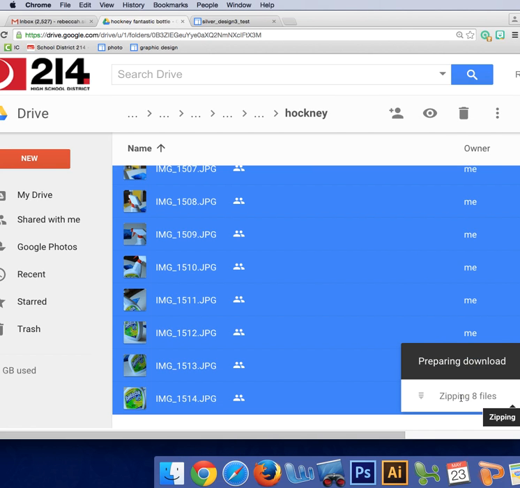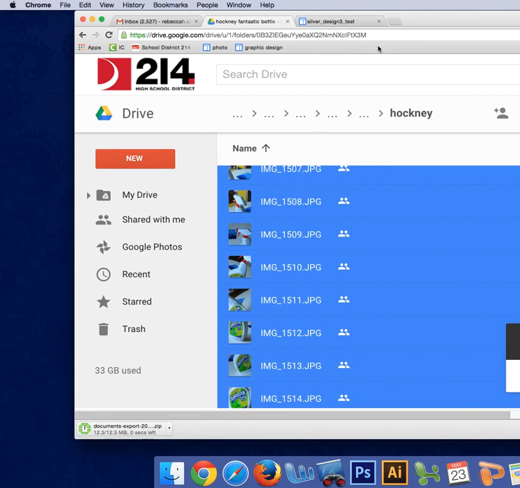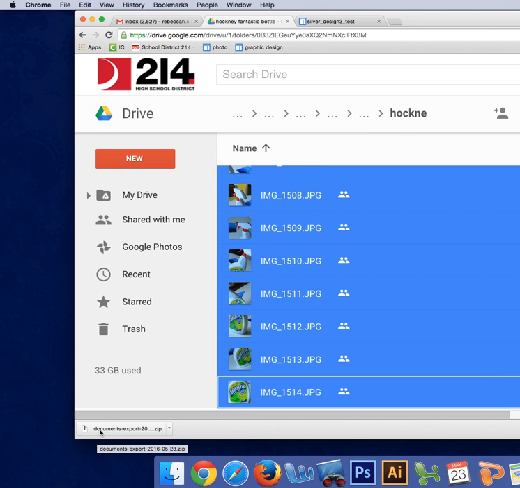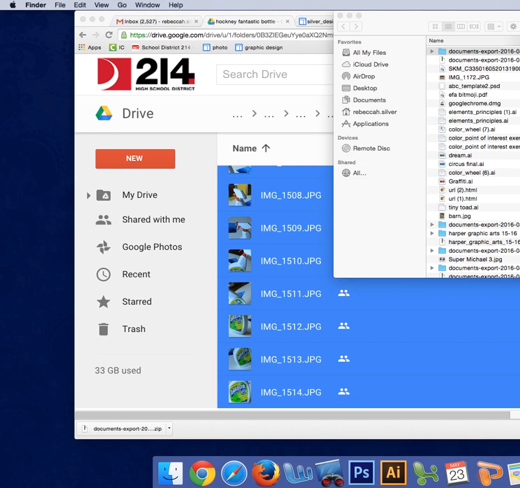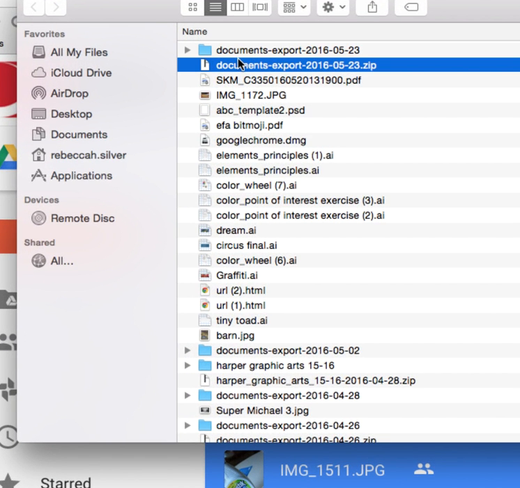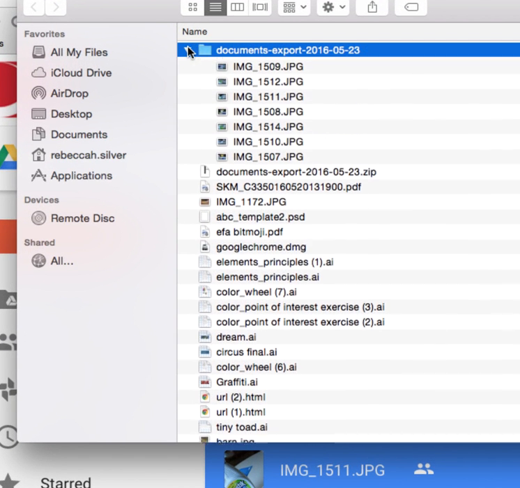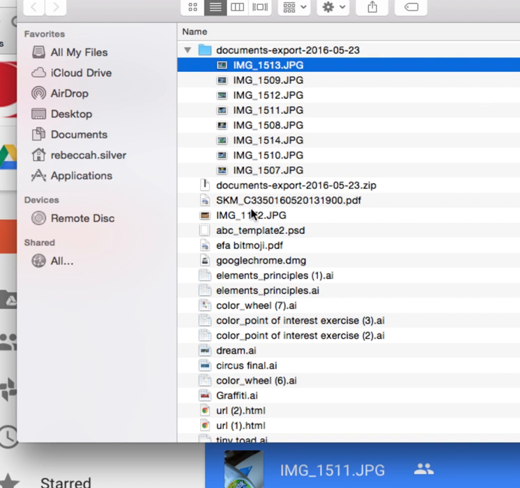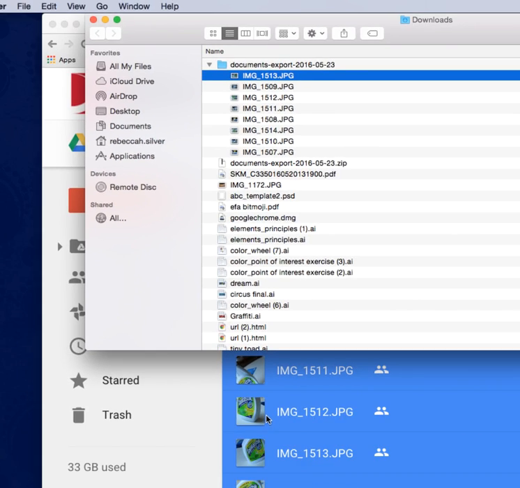And what's going to happen is it'll zip your files, and when it's all done zipping them, you'll see a little folder that looks like this pop up in the bottom. Double click on it, and what'll happen is it'll unzip your files. So this was the zip file, and this was the unzip file. So if I click on that, there they all are. So here's the trick. If I go back to Photoshop,